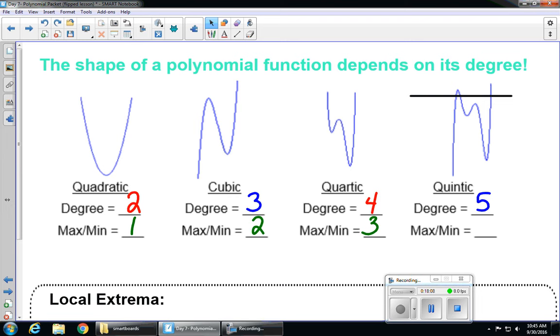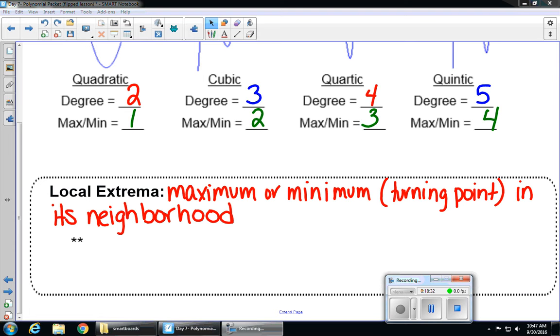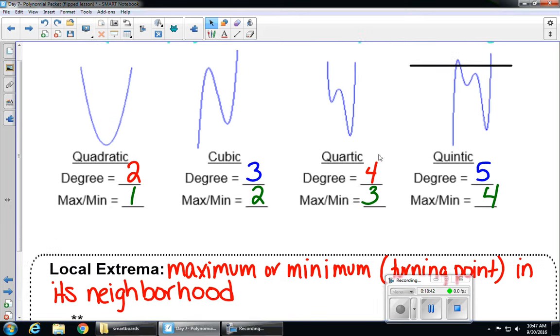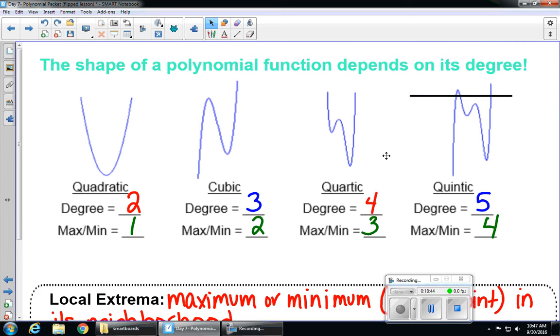So the word local extrema is going to come up. It came up in our target earlier. Local extrema is just a maximum or a minimum, a turning point in its neighborhood. It's called a local extrema because it's in that general area. It's not going to be the maximum of the entire polynomial function, but in its general location, it's considered a maximum or a minimum. If we go back up here and we take a look, for example, at this quartic function,